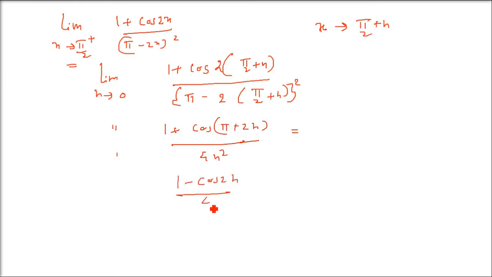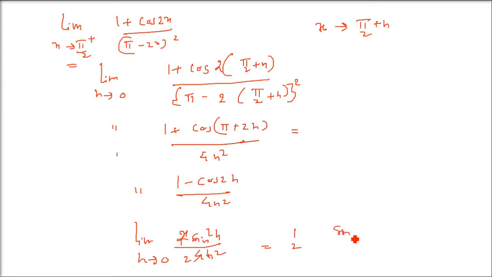Okay, left hand side, assume limit is going on. So (1 minus cos 2h) by 4h square. 1 minus cos 2h is what? It's 2 sin square h. And in the denominator we already have 4h square. Now take this 2 out, 2 by 4, that is half outside. And sin square h by h square, you can take 1 by 1. Take them separately. Half, take limit, 1 limit.